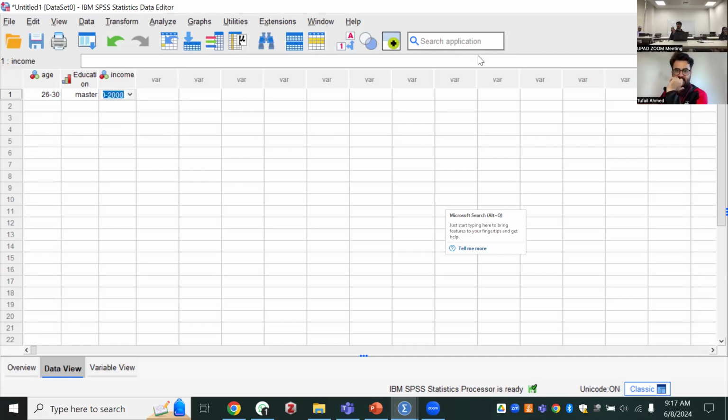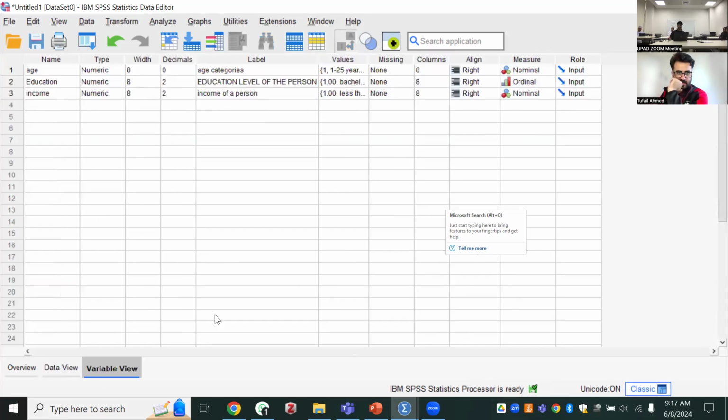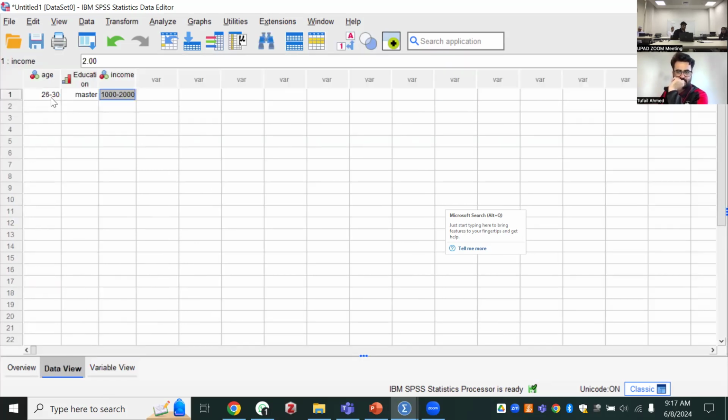You have added variables in the variable view, right? But when they go to data view, they don't see those categories when they click on the blank space. For example, you go to data view. When they click here, exactly here, you see a button where there are four categories appearing. In their case, none of them is able to see the categories.